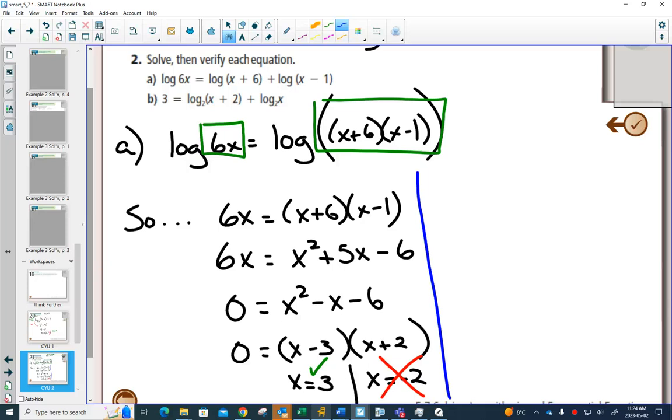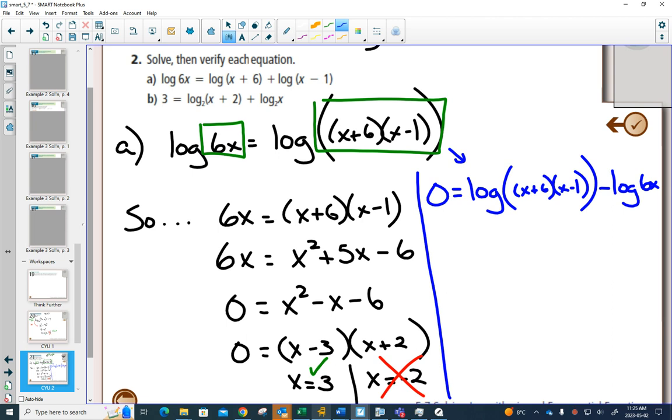The normal solving a log equation is that you first have to get a single logarithm, so you can do the weird step of using the definition. From here, we don't have a single logarithm. We have a log on one side, a log on the other. If I want to get a single logarithm, I'm going to need to combine them. That means I need to have them on the same side. So I'm going to subtract the log 6x on both sides, move them to the same side,